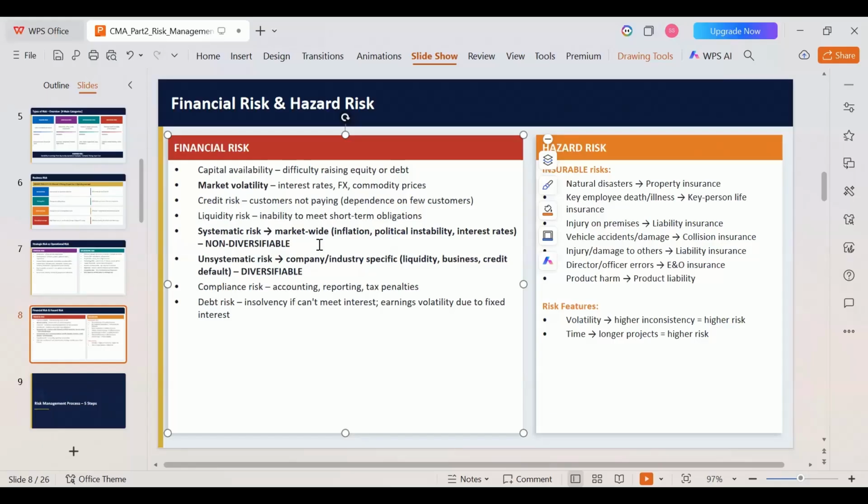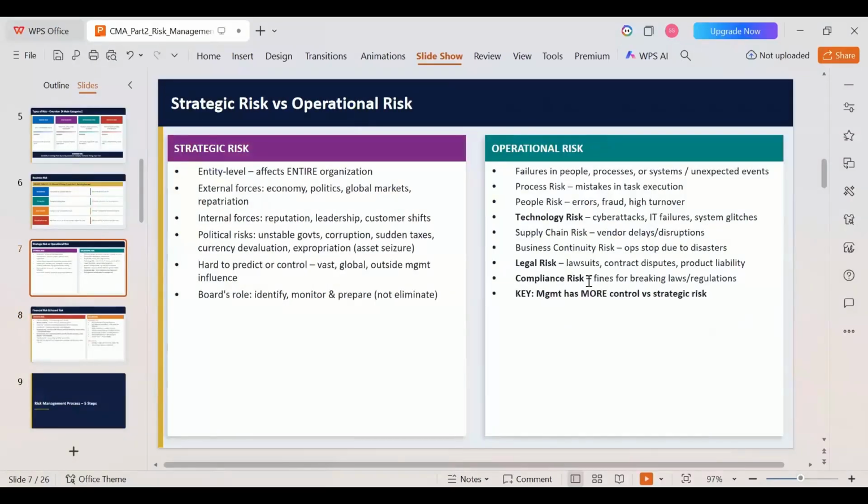So then, compliance risk. Do not confuse the compliance risk that is said here in the financial risk with the compliance risk in this slide. This is completely with respect to the business operations. For example, in India, child labor is abandoned. Nobody is supposed to follow child labor. If a company is having many child laborers working for them, that is a compliance risk.